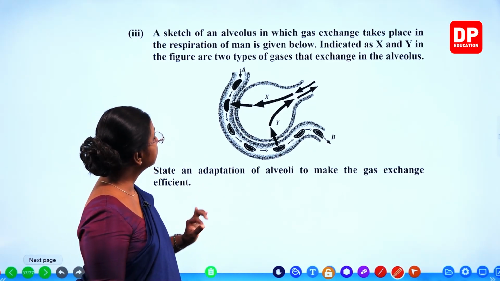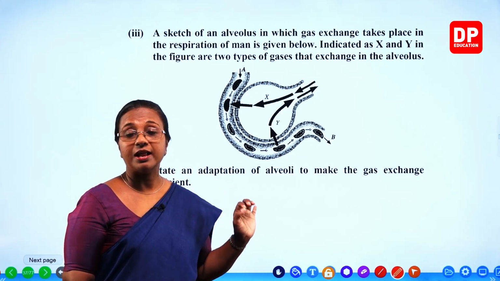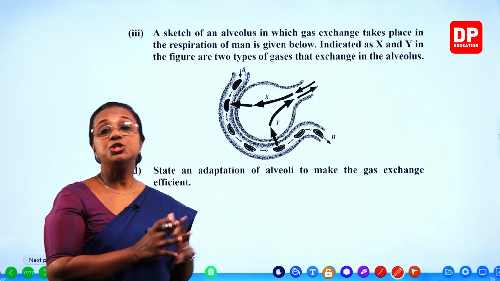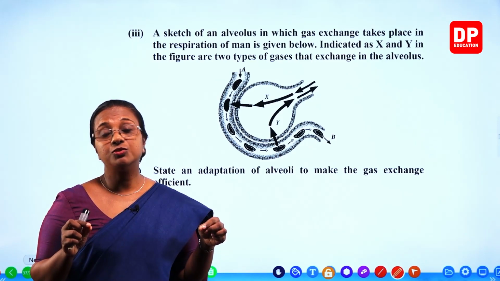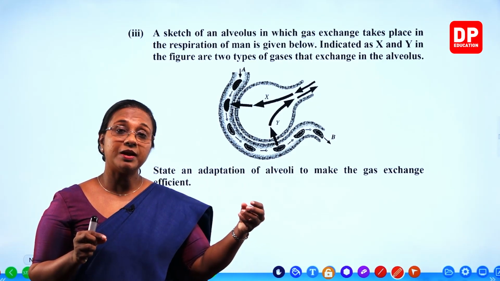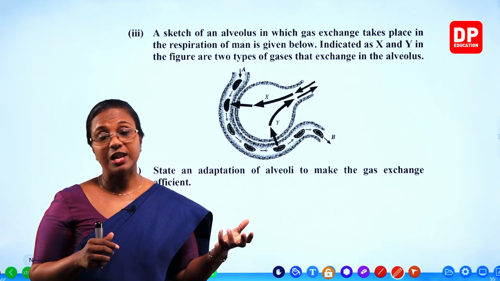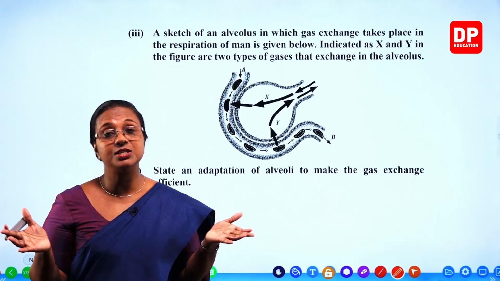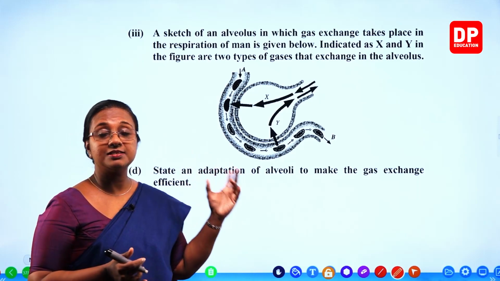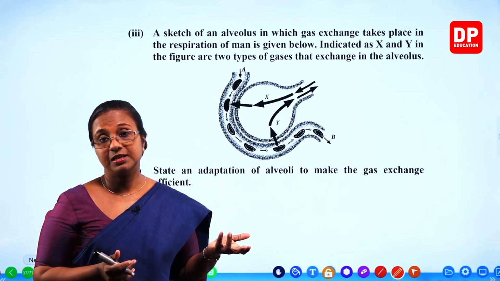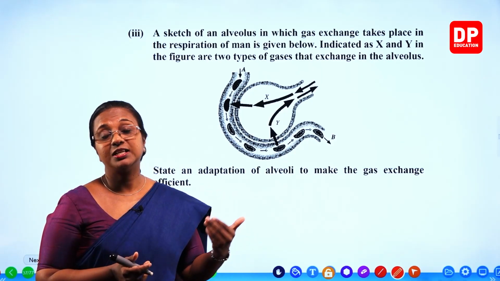Then the other thing is, there is large number of alveoli. You can remember it is like the bunch of grapes where you have the bronchioles. They divide into small branches, and at the end of the branches there are very small sacs. So there is large number of alveoli. Because of that, the surface area is very high. And also around the alveolar sacs, there is a lot of blood capillaries. So highly vascularized so that there will be efficient gas exchange.